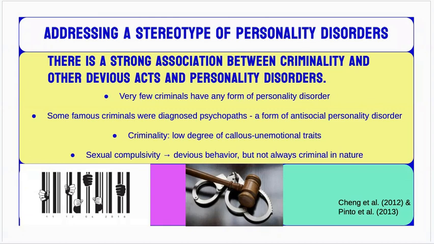So within antisocial personality disorder, there are even more specific traits that bring out criminality. And this one is callous unemotional traits, low callous unemotional traits. And callous unemotional means the ability to essentially cause harm without feeling compassion. So hitting someone and not feeling any regret, not wanting to apologize, but obviously on a much larger scale. And you must have this low callous unemotional trait to complete a criminal or devious act. And another devious act that can be criminal, sometimes cannot be, is sexual compulsivity. And this is specifically seen in college age boys with antisocial personality disorder.